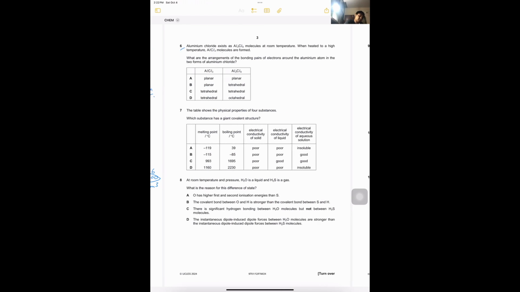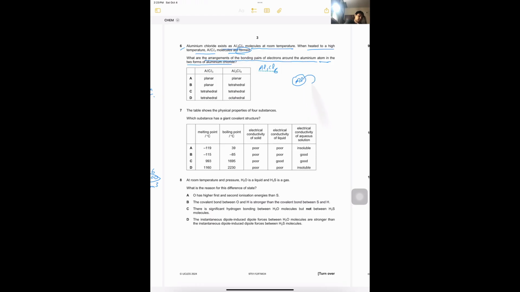Aluminium chloride exists as Al2Cl6 molecules at RTP. When heated to a high temperature, AlCl3 molecules are formed. What are the arrangements of the bonding pairs of electrons around the aluminium atom in the two forms of aluminium chloride? So first let's draw Al2Cl6. I think you people already know the structure. You have to know the structure of how to draw